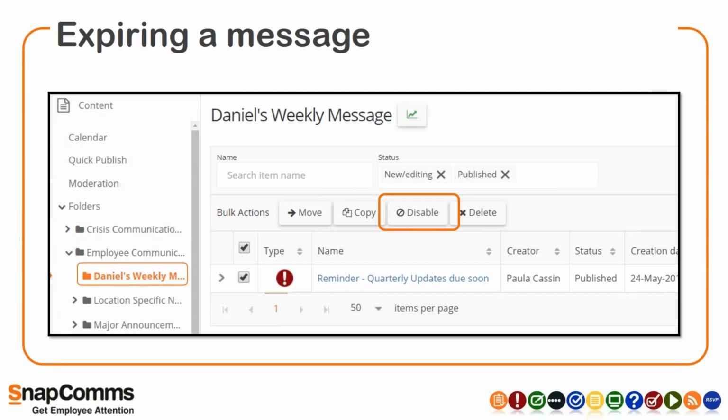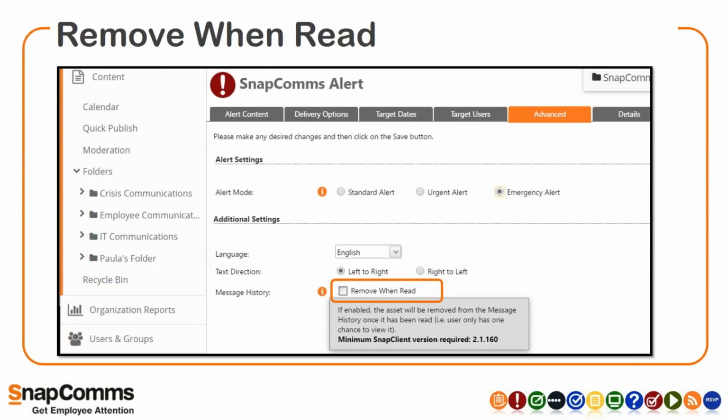And you can see where this is important. If you have people that have been away from the office and they come back at 4 p.m., you don't want them getting a lot of obsolete notices. Of course you don't. That's going to create more confusion. Or people that have gone on leave, they come back two weeks later, you don't want them to have a lot of information there that is no longer relevant. You don't want them to have to go through heaps of stuff. So disable, combined with your expiry dates and your publish dates, will make sure the content's available